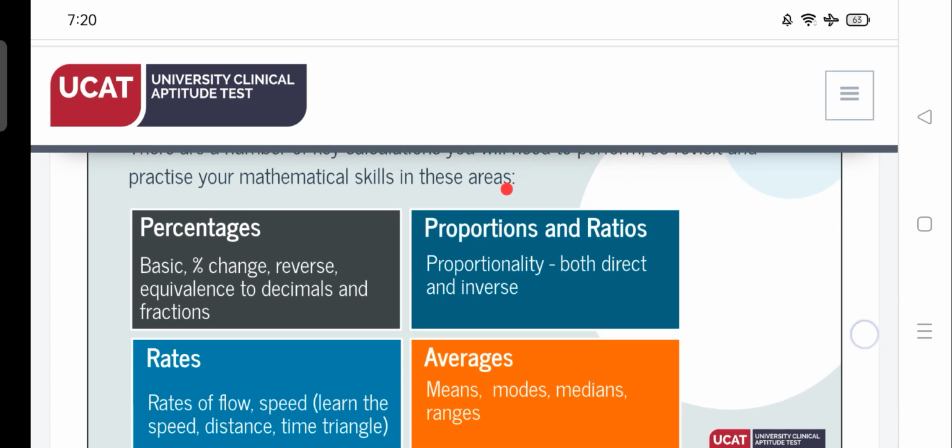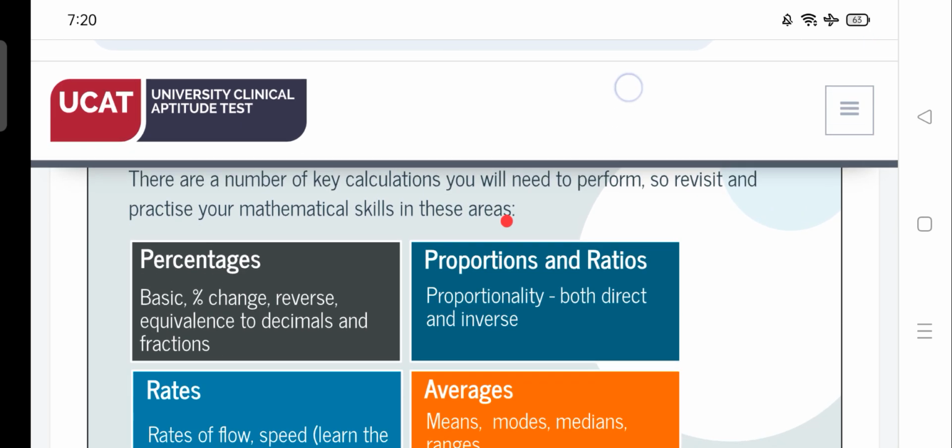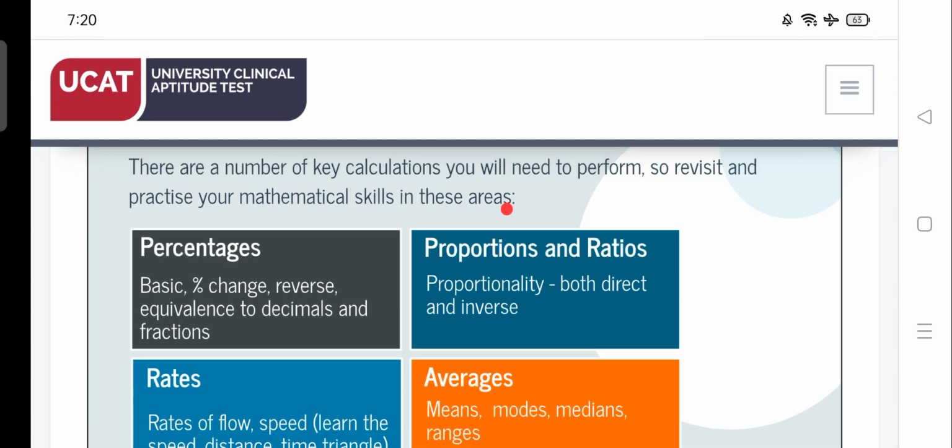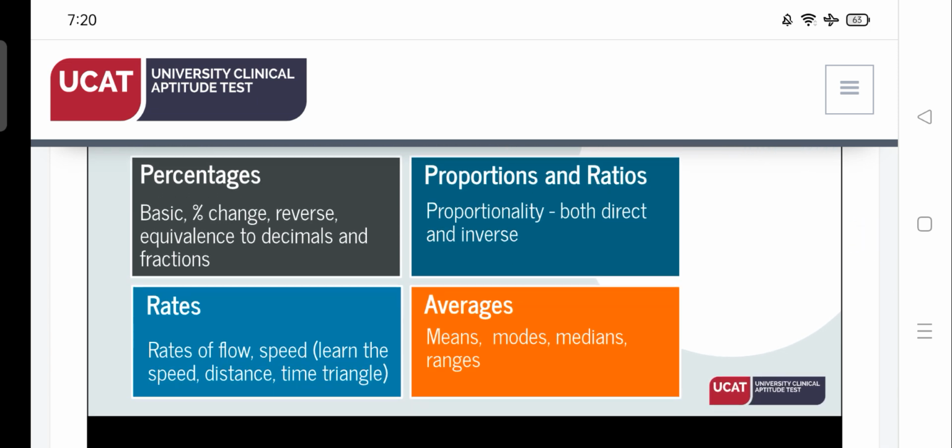There are some key calculations given below that you need to perform to solve these questions. First we have percentages. In percentages, you have to practice basic percentages, percentage reverse, and equivalence to decimals and fractions. Then we have proportions and ratios,